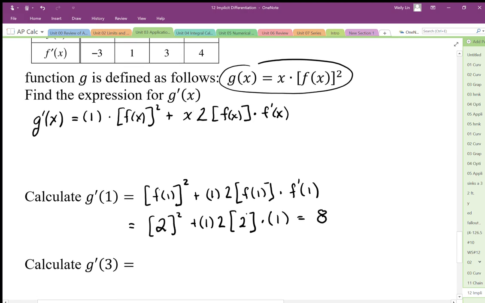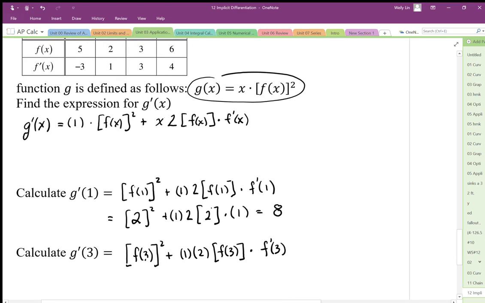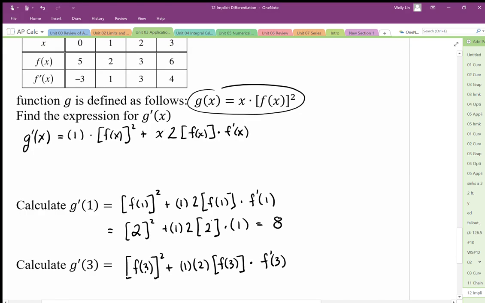So g prime of 3, we just do the same thing. We're just going to plug 3 into this expression. Okay, so we need f of 3 squared plus 1 times 2 times f of 3 times the derivative of f at 3. Okay, so looking at my table then, at x is 3, f is equal to 6. So that's going to give me 6 squared